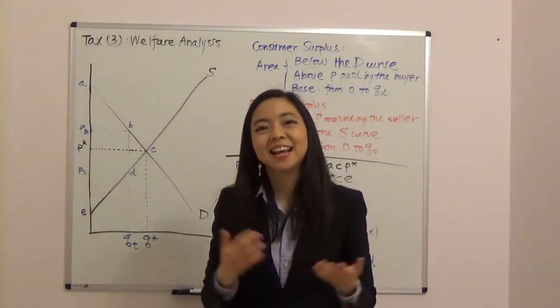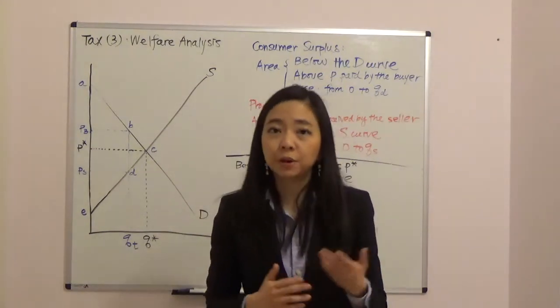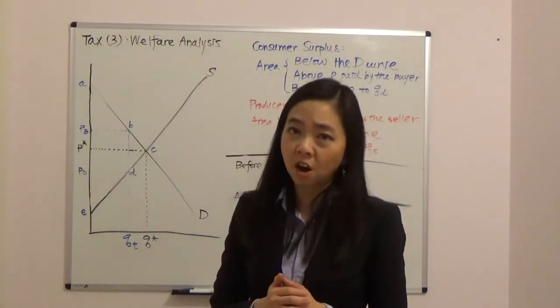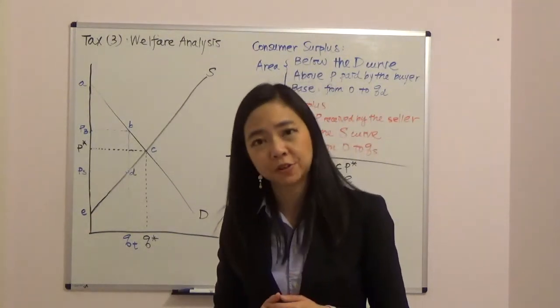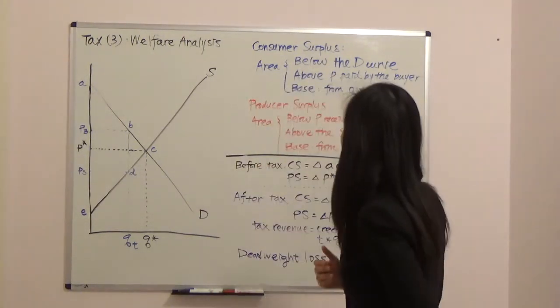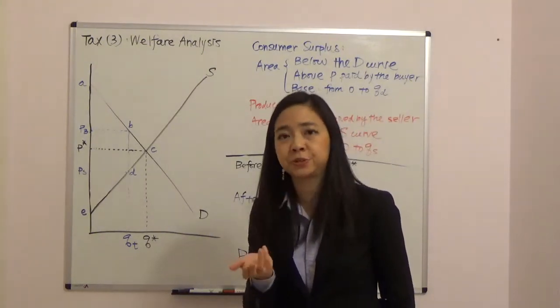My name is Iris France, and today we're going to continue to talk about tax. In particular, I want to talk about the welfare analysis of a tax, meaning how the government lump sum tax is going to affect our consumer surplus and producer surplus. And to understand this, we need to review how to calculate or how to find consumer surplus and producer surplus